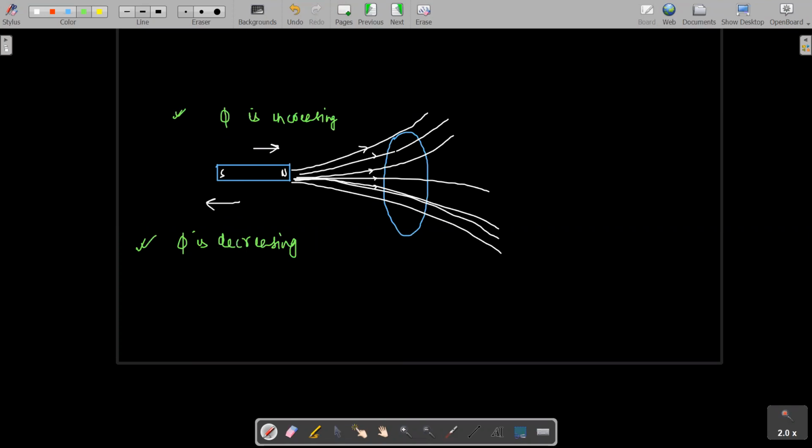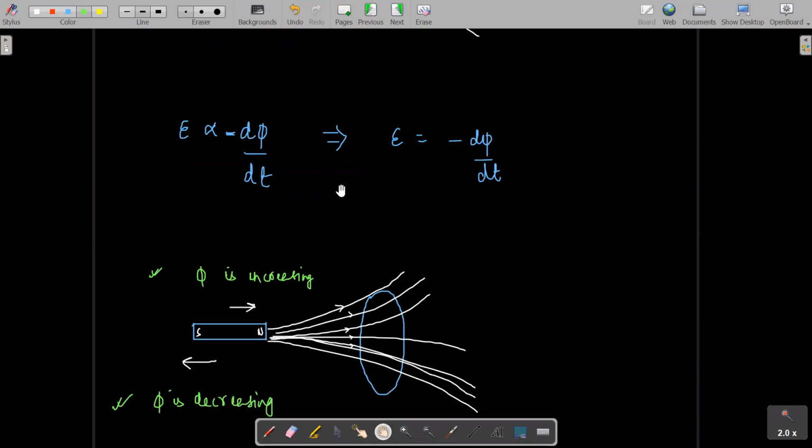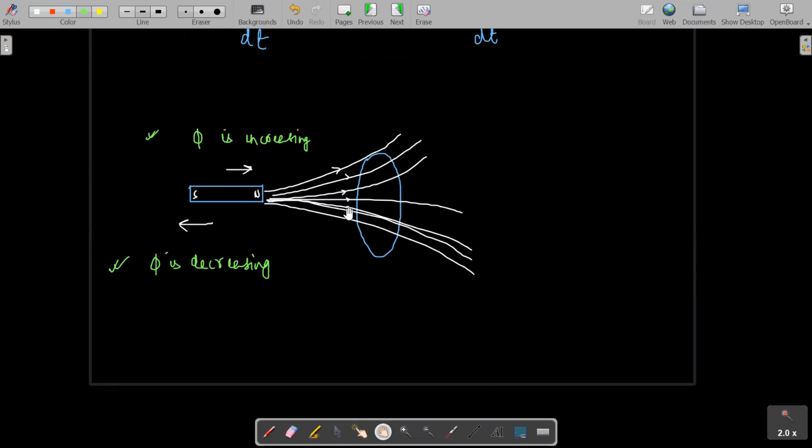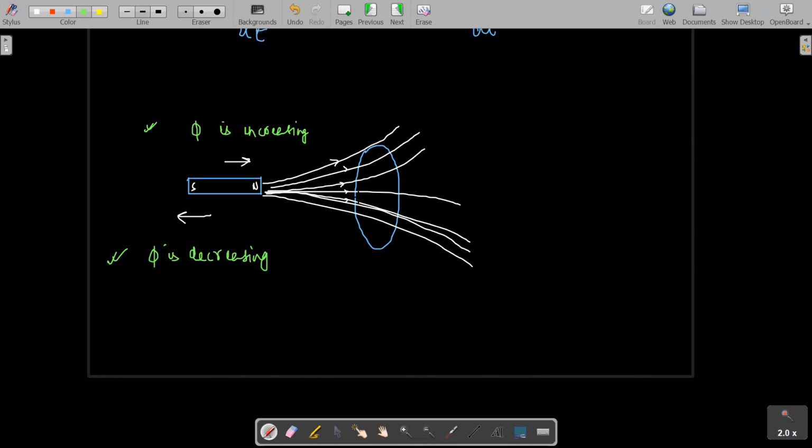So what is it saying? That the negative sign, actually I am talking about the negative sign first. Okay, then we'll talk about Lenz law. Actually both are same, but right now we should know how this Faraday's law single-handedly explains the value of induced EMF, the magnitude of EMF induced, and the direction also. Okay, so the flux is increasing. So what will happen? This loop will induce an EMF, which will induce a current. Due to that current, it will oppose that change.